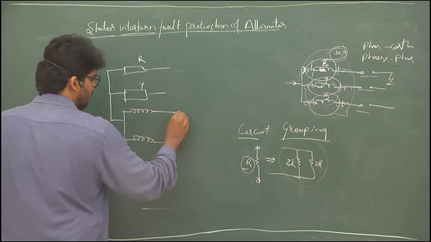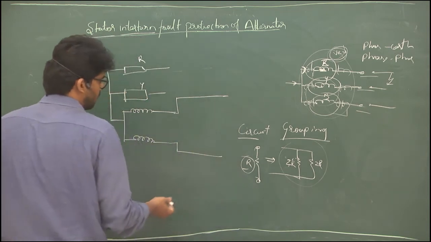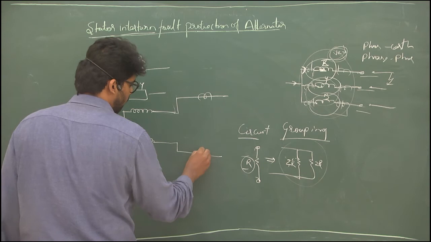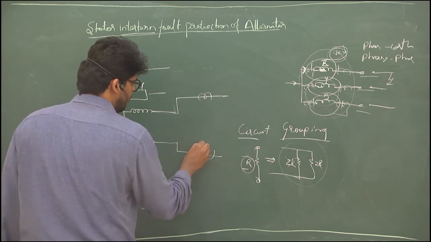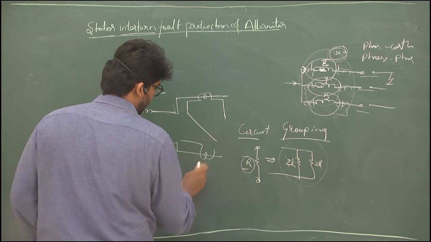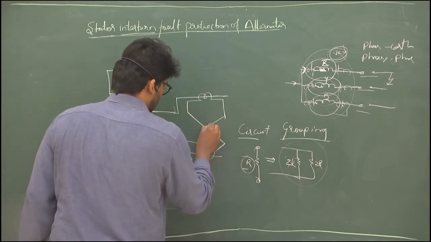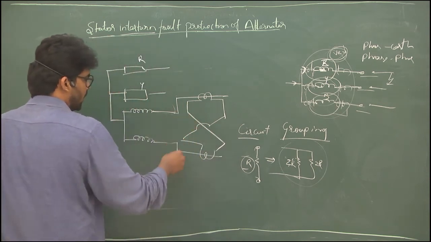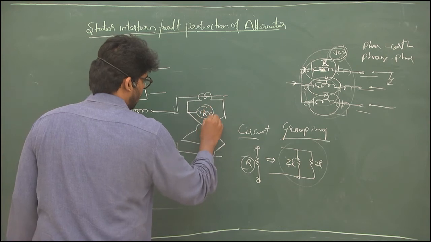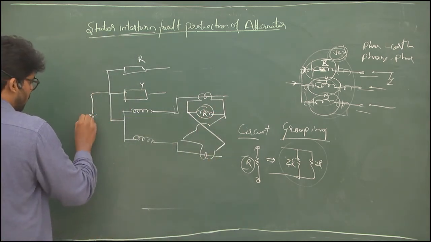This in turn is connected to a circuit breaker and CTs. The configuration of this phase is fed with the secondary of the CT like this, and this is connected in a bridge manner for circulating current. We'll keep a relay coil here. So this is the normal pattern we are seeing.